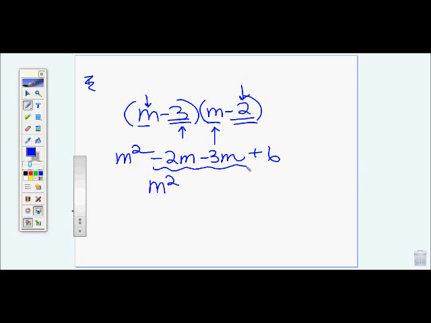Combine those like terms in the middle, negative 2m and a negative 3m would give you negative 5m plus 6. So it's a little bit of everything that you've learned: distributive property, multiplying terms, like terms. So putting that all together, and then you will come up with one last